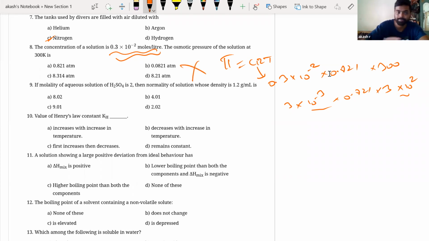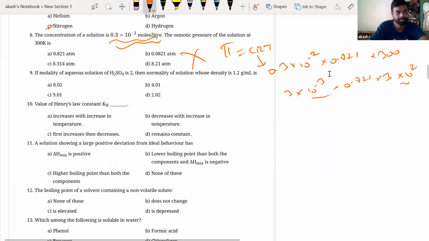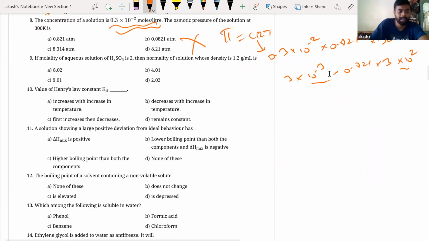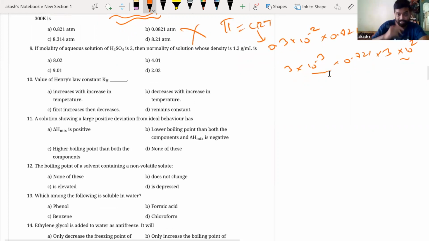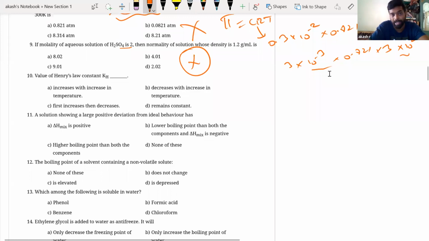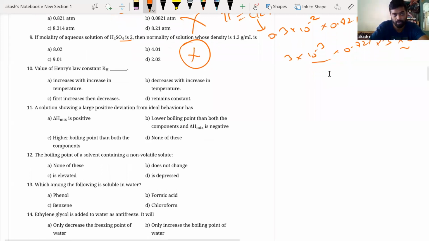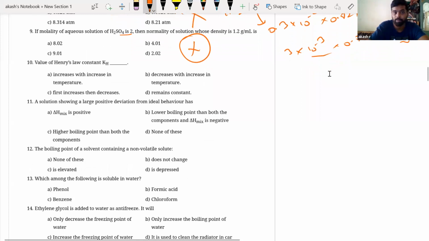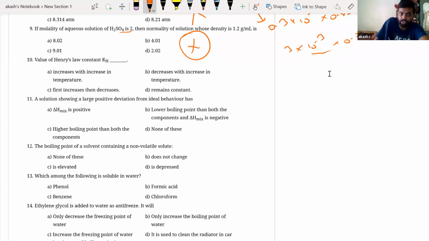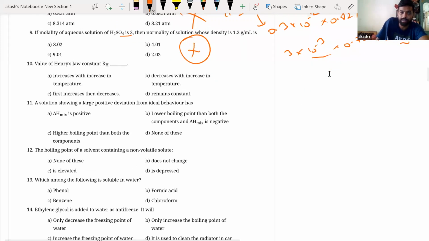Okay, right. Next, if molality of aqueous solution is this much, then the normality, okay, this is not in your syllabus, people. Normality is not in your syllabus. Don't worry about it. But if they ask you molarity for the same question, we can calculate. Okay, right? Fine. Assuming that in this question, molarity is asked, not normality, we have to calculate capital M. If I have to calculate, we can do this, right?